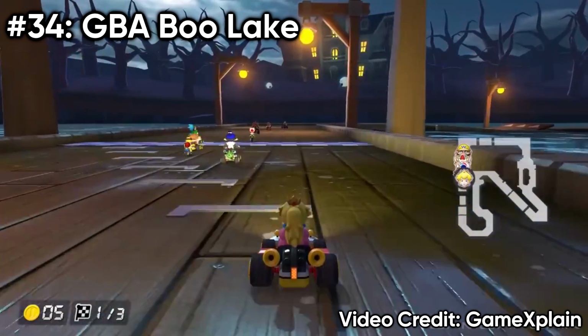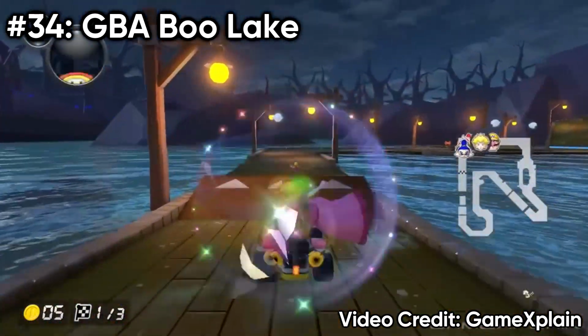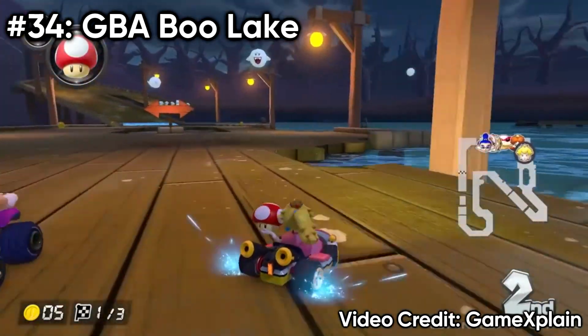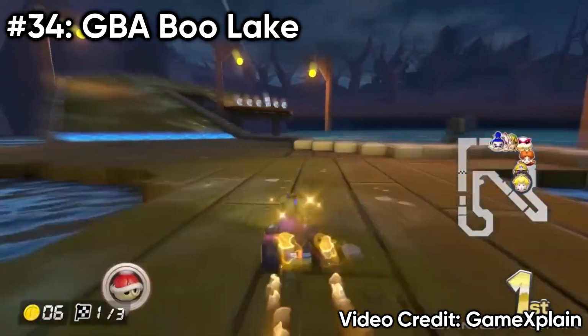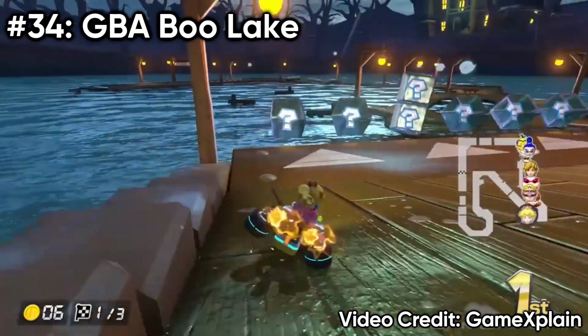Number 34, GBA Boo Lake. Oh my god, they actually added a lake. The track name makes sense now. Not only that, but you can drive in said lake too. And it even has anti-gravity. And the music slaps, which is amazing considering it's based on the SNES Ghost Valley music, which barely even counts